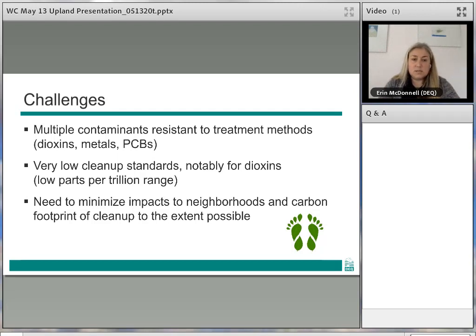And the other challenges and considerations when you're choosing a method are not just, will the method work? It's also how will it impact the community? So if you're talking about truckloads leaving a site, like thousands of truckloads,